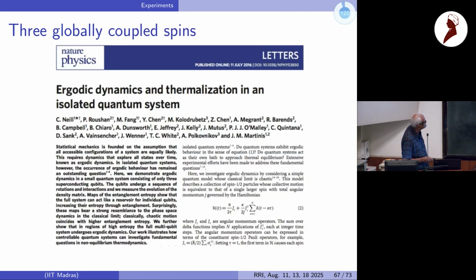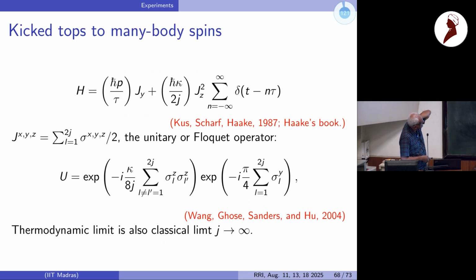Since we talked about kicked systems and we use the spin models, we used the standard map. This is a kicked top. So JY and JZ square kicking. This has been realized using both circular cold atoms as well as, in this paper, through Josephson junctions. And so that's a more detailed thing. Let me skip over that.